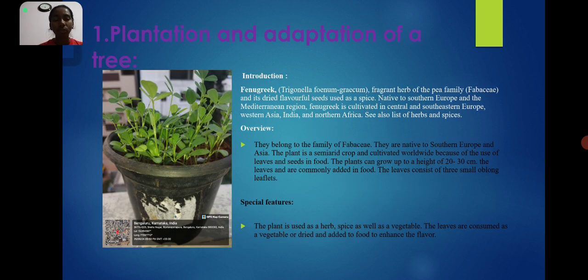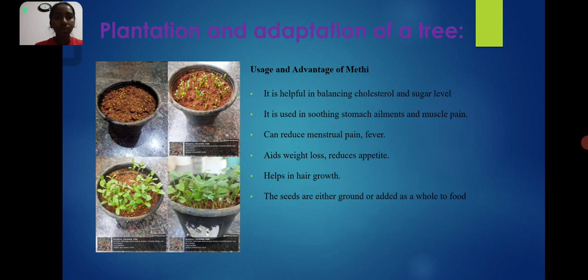Now, let's look into the first part, that is plantation and adaptation of a tree. As a part of this module, I have taken fenugreek seeds and sown them in a pot. As a result, I've got a beautiful output of this seed as attached here in the figure. Fenugreek, commonly called as methi,